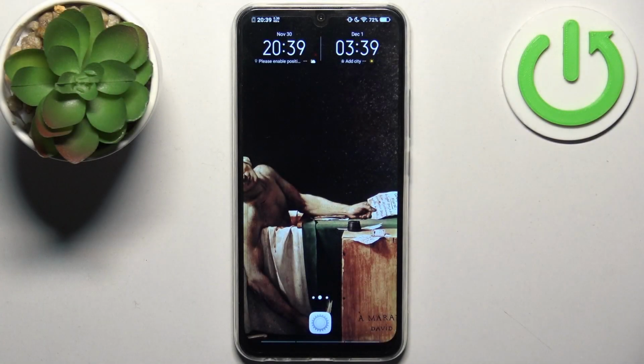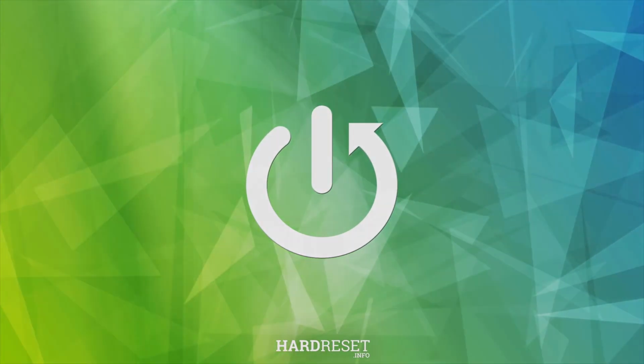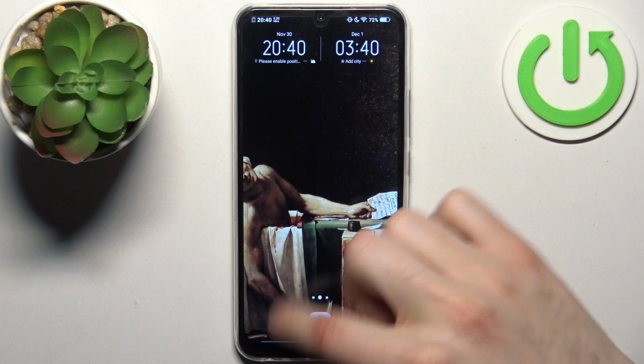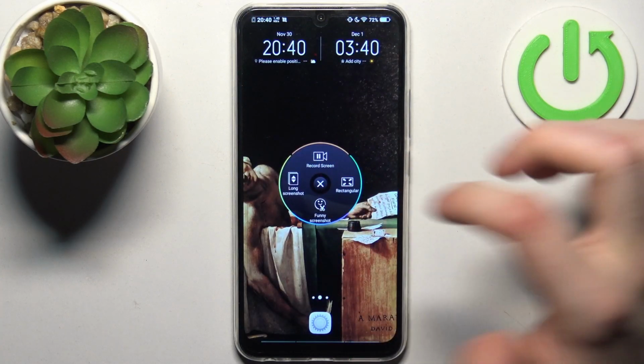Here I have VIVO Y17, and today I'm going to show you how to record screen on this device. So to do this, firstly you have to go to the upper bar. Firstly you have to go to this lower bar, go to the S capture, and here you have this screen